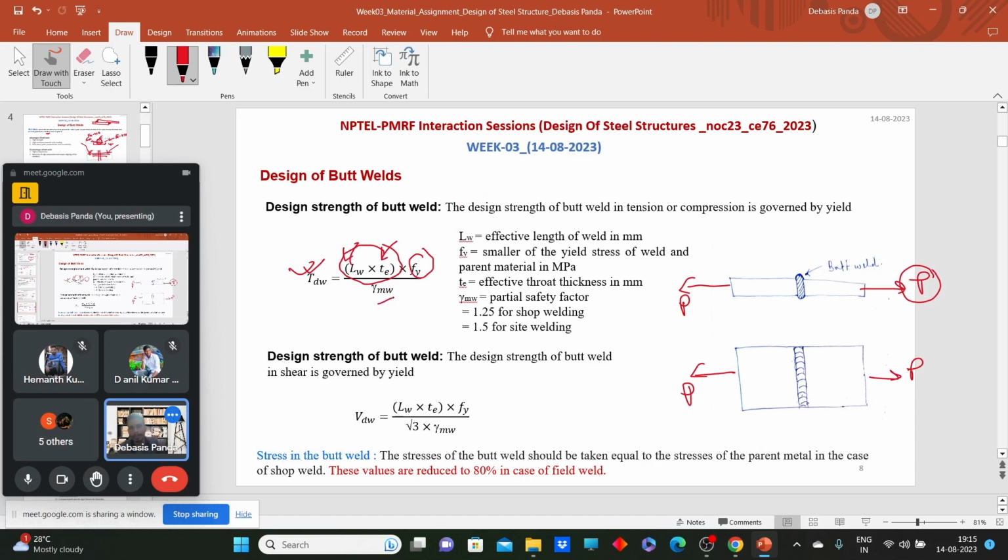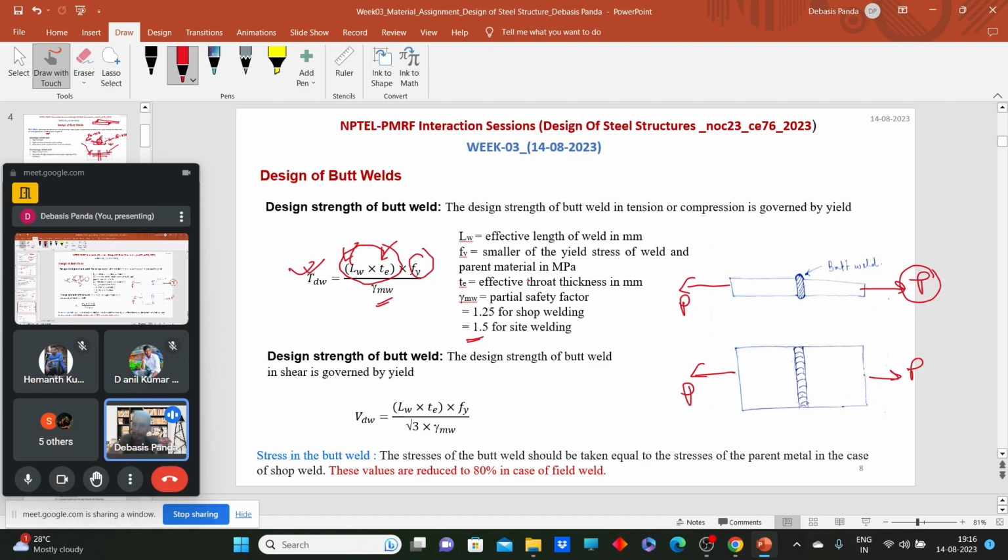And gamma mw, this is the partial factor of safety. The value of gamma mw we will find from Table 5. So 1.25 generally we take for shop welding and 1.5 for site welding. So now we came to know that the design capacity of a butt weld is governed by the